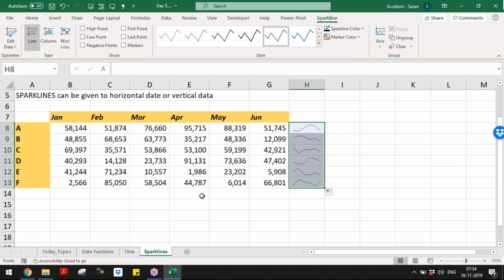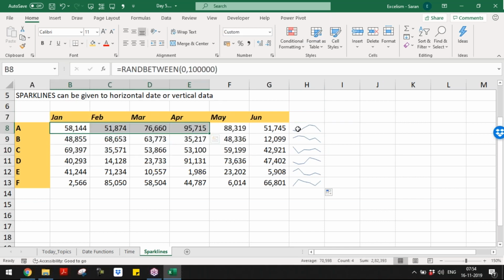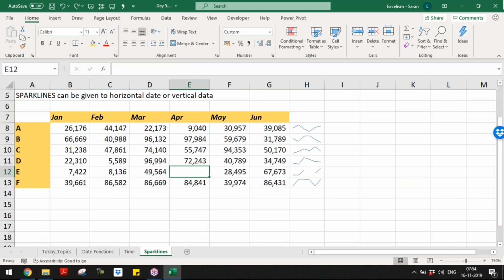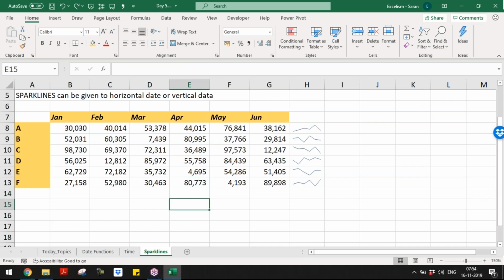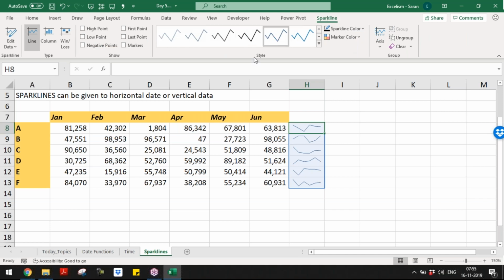Sparkline is the best case when you have very small data. Here only 6 items are there, at least this is fine. If you have 20 items, you may not identify in one cell how it changes. Now keep on pressing F9 and check how it is changing. Now you can just keep the cursor here. Are you finding there is an extra Sparklines tab which is appearing? This tab is exclusively for this.